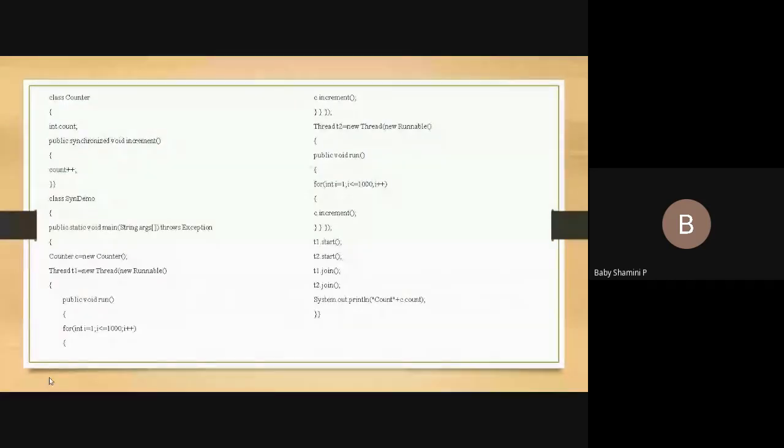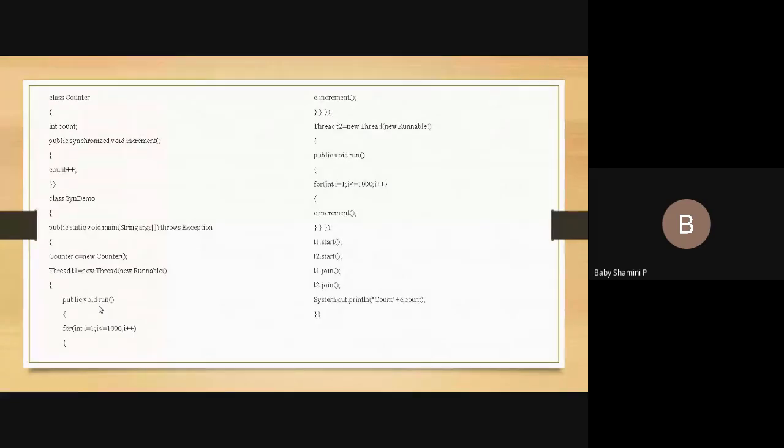This is a user defined method, and both run methods have the same signature. So we cannot declare public synchronized void run. For that reason we create a separate class and a separate method, and that method is declared as synchronized. I think you will understand this concept. We cannot declare the statement public synchronized void run. Why? Because Thread contains a run method, and that is a predefined run method.